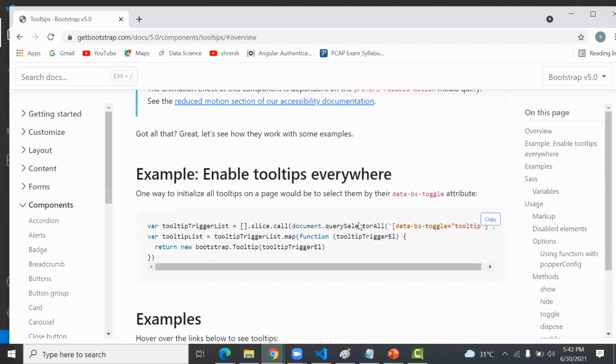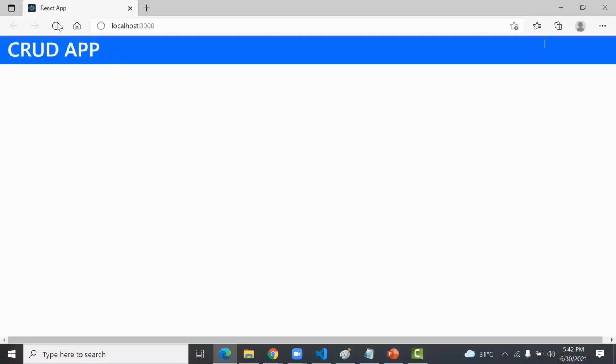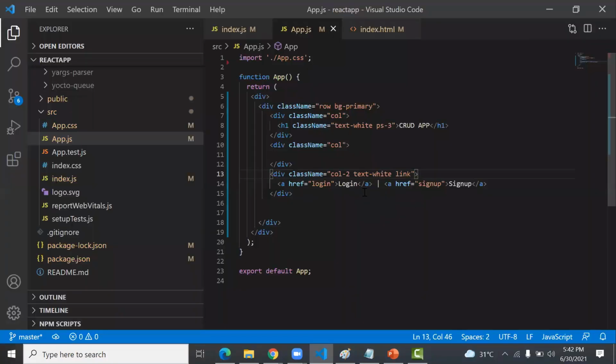I think link is a class name. If you type the class name as link, not for the div tag, it must be for the anchor tag. Even here I keep text-white, but the class I type specially for the anchor tag.